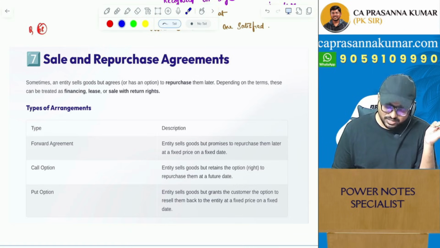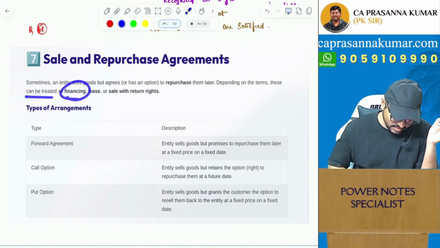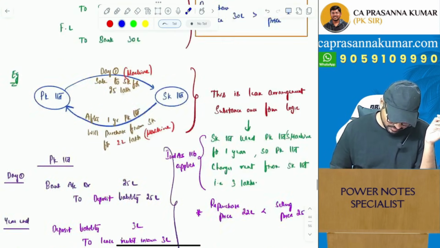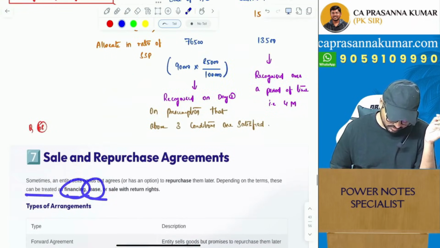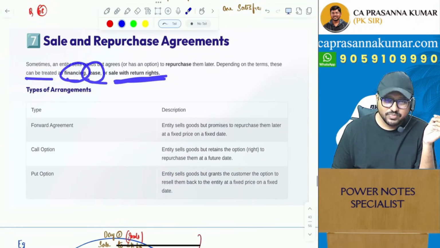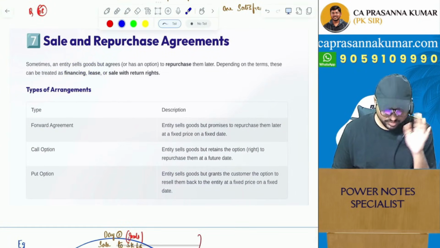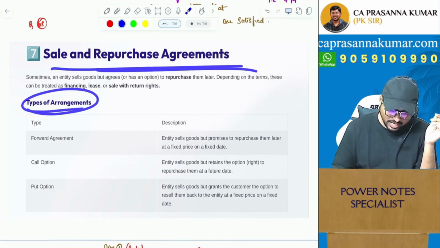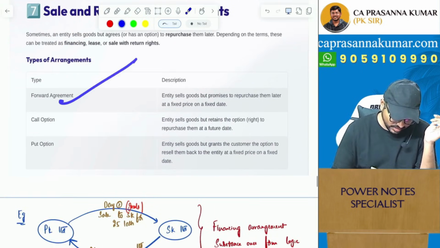Depending upon the terms, these can be treated as financing, that is the first case, leasing, that is the second case, or sale with return rights. Sir, what is that? Sir, that we will see later. Just wait. Types of arrangements, that is sale and repurchase agreements, can be a forward agreement,